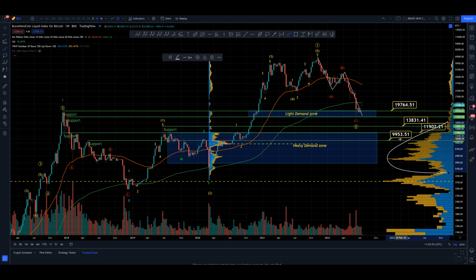Represented on the volume profile here as well quite clearly, and some strong support levels here with previous highs becoming support, resistance becoming support, becoming resistance, and then being back tested for support. So this 10 grand level is extremely strong support. If we come down much lower, I'd expect that to hold.